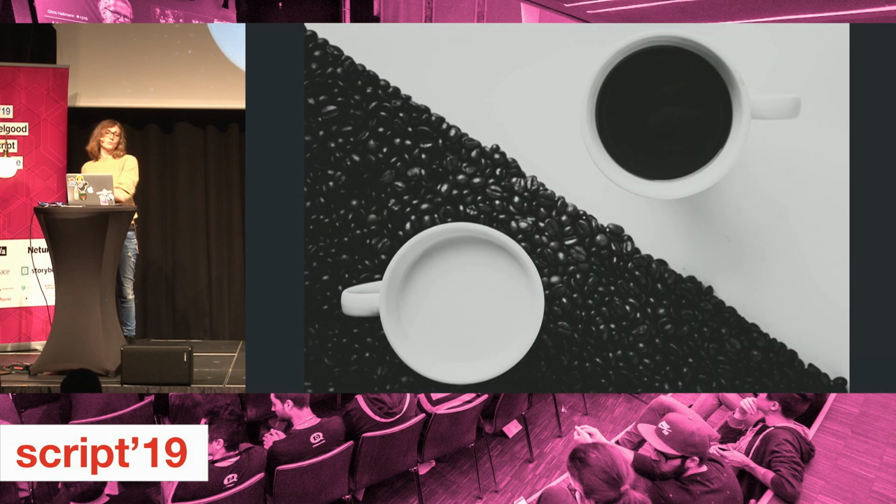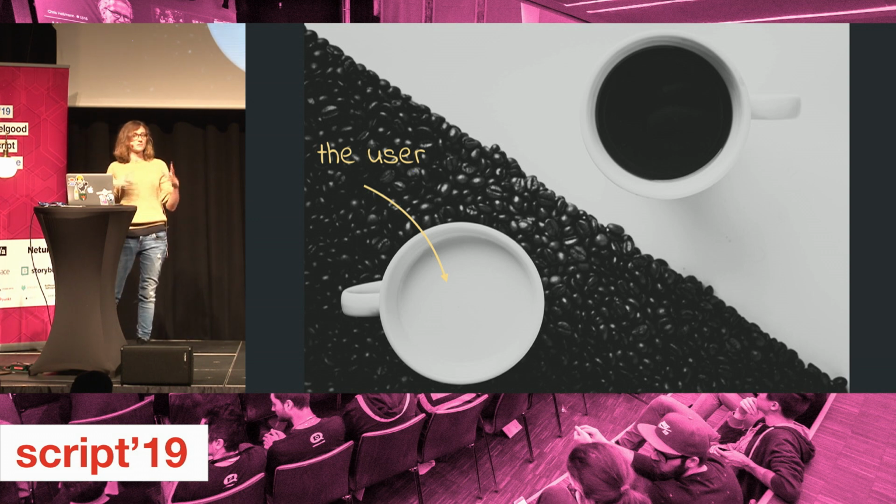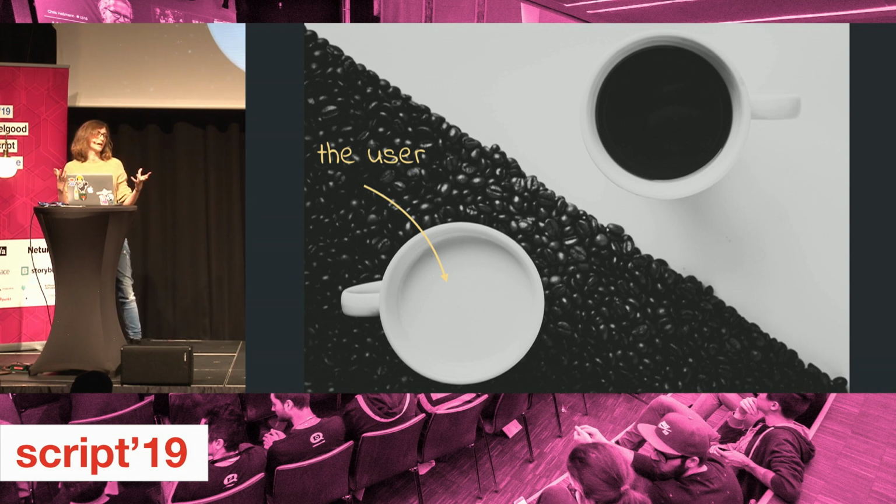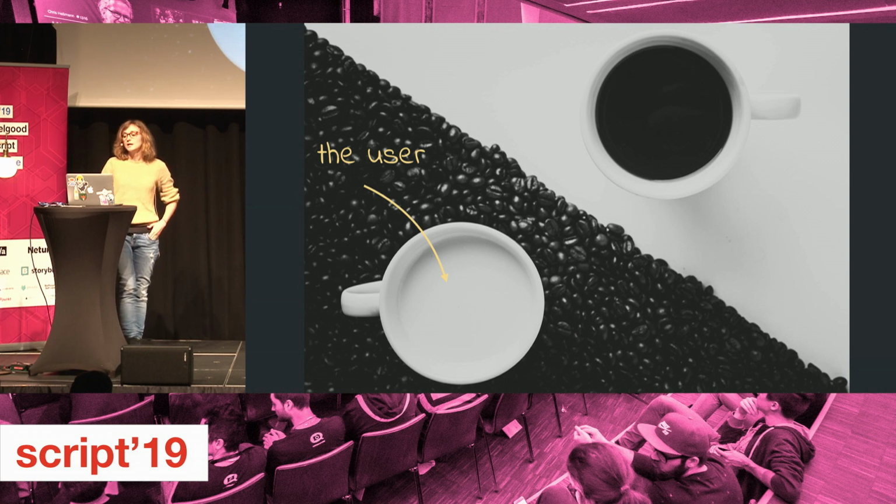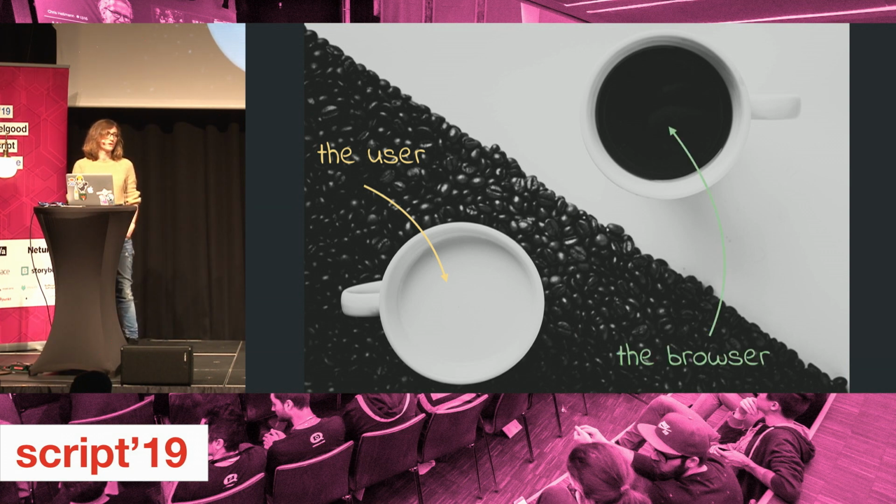So when we do animation on the web, we can compare that to coffee in a way. We have one part in animation, and that's the user. That's how the user interacts with our interface. And the other part is the browser. We have many different browsers. We have Firefox, we have Chrome, we have mobile browsers, we have lots of different browsers. And lots of different users with lots of different